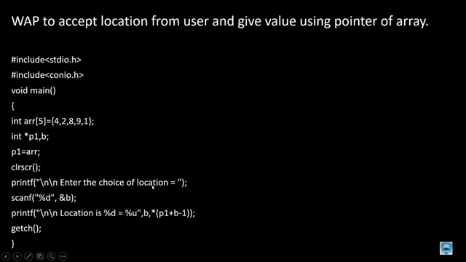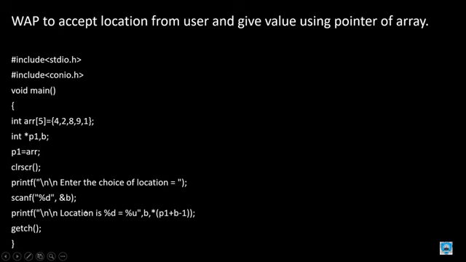Suppose you enter the location b as third: 1, 2, 3, this 8 will come. But in array declaration, all we learners know that an array always starts with 0. So 0, 1, 2. Due to that reason, we are taking b minus 1.